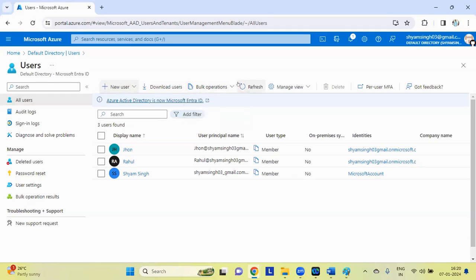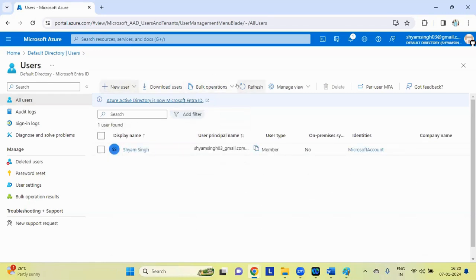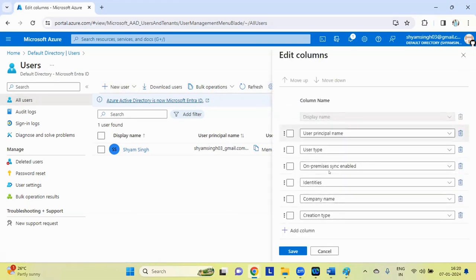After that, you can see the refresh button. This particular refresh button will work only for this particular dashboard. Okay. After that, manage view. This is very important. Currently, you can see that 1, 2, 3, 4, 5, and 6 columns are displaying in the dashboard. You can edit these columns also. You can add one more column.